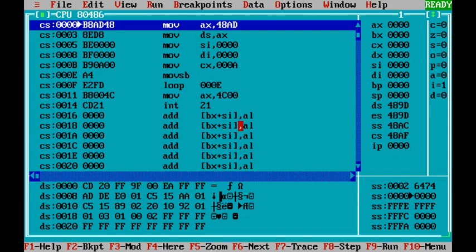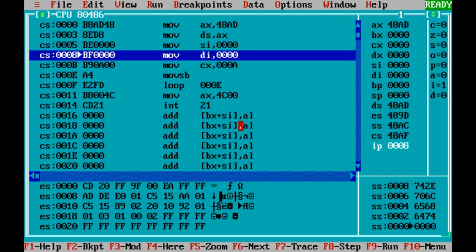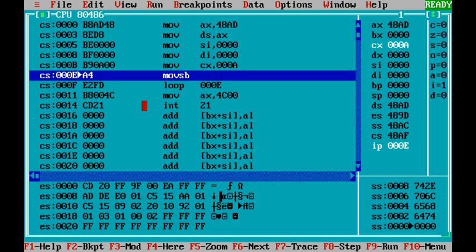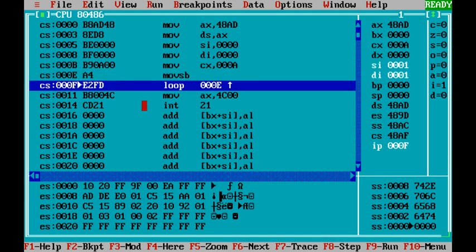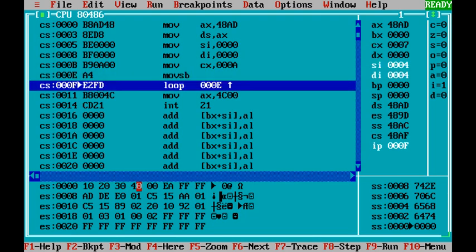So let us start with the execution. I'm pressing the F7 key so that we can see each step's execution. Loading of the data segment is done, starting with the SI. Here we can see the extra segment is starting, so we can see whether data is transferring properly or not. So F7, I'm starting with the initialized counter. Move SB, the first instruction. During the first load, I can see the 10. Here 10 is getting transferred. In the next step, 20 will get transferred, in the next step, 30 will get transferred, and so on.